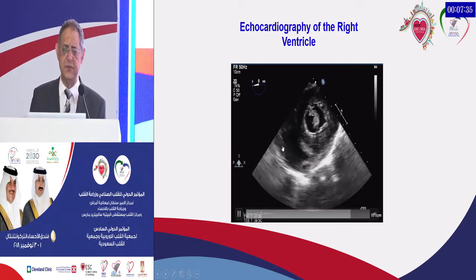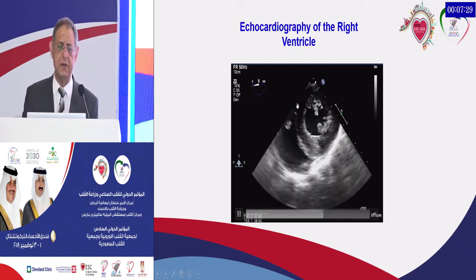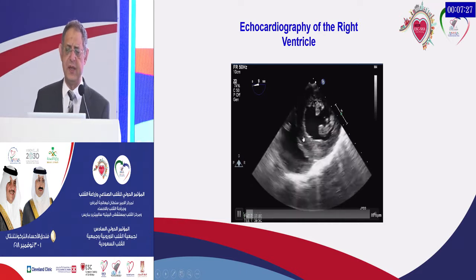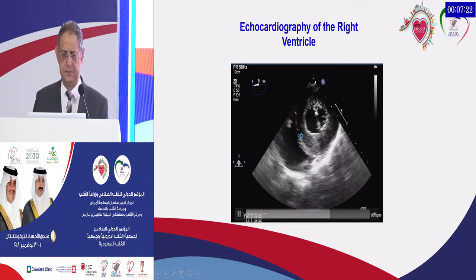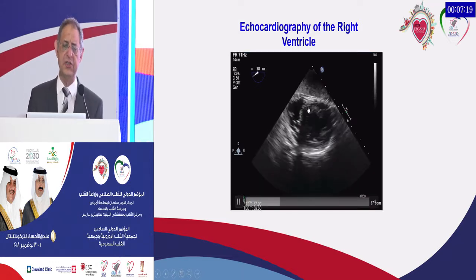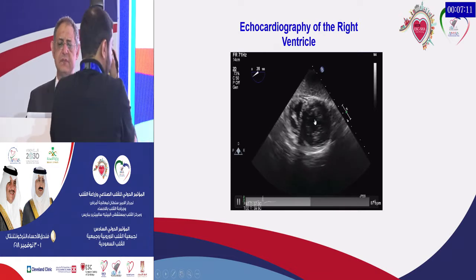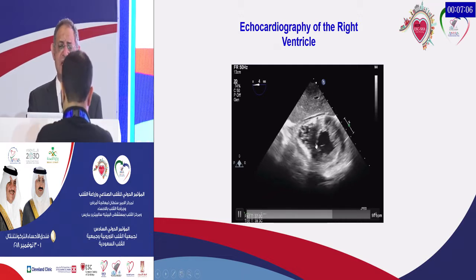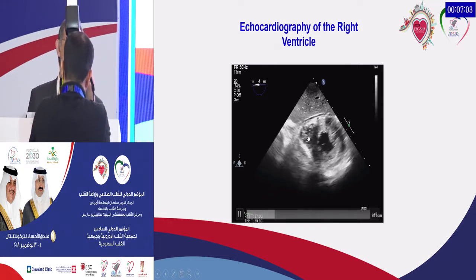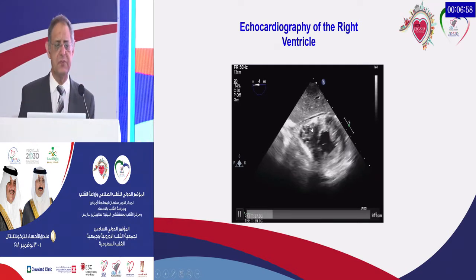In the transgastric view, you should take this view at least to see the interventricular septum, which shares a part in the function of both RV and LV. Then go more deep to see more apical part of the RV and the septum and the dependent work of the septum in relation to both ventricles. Here you can appreciate how much trabeculation within the RV at the site of the apex. Again, this makes measurement of